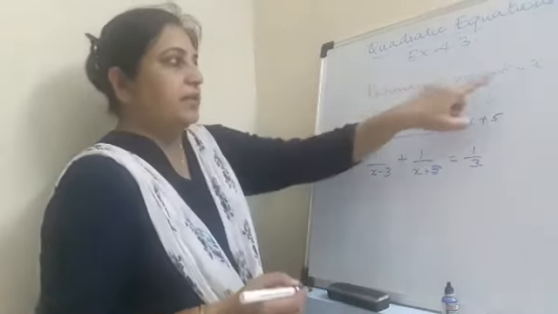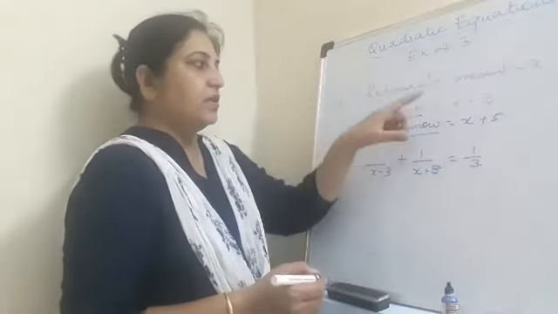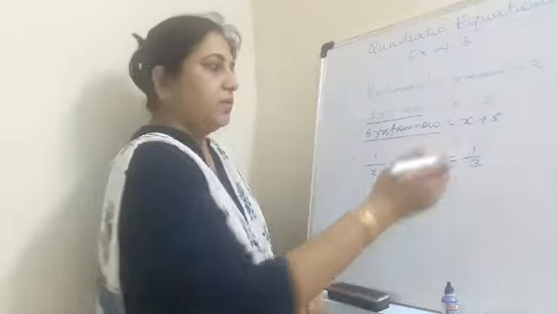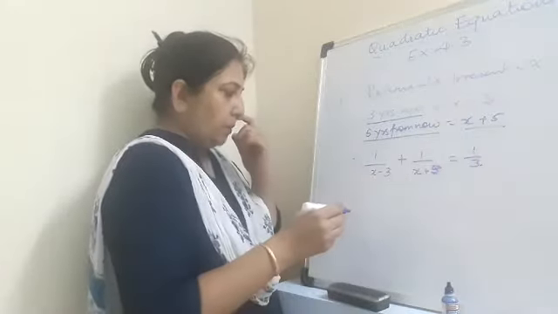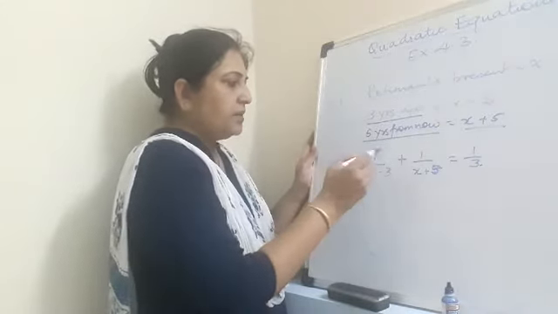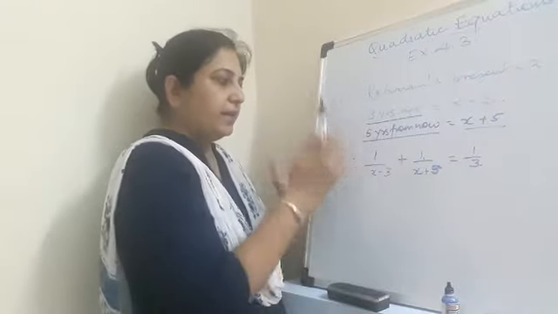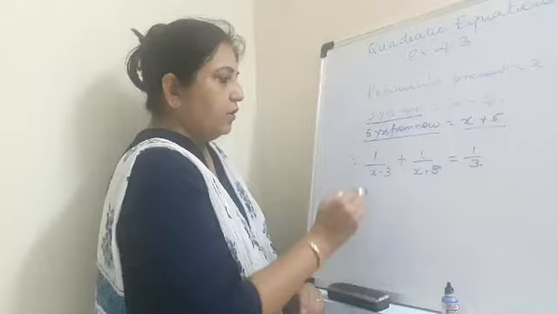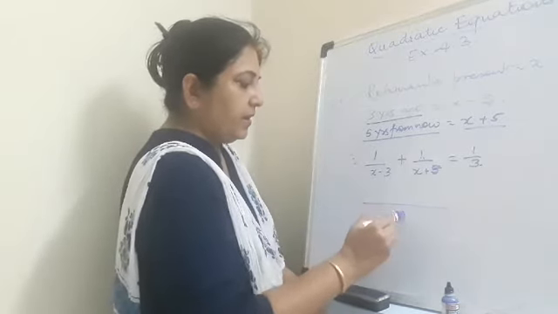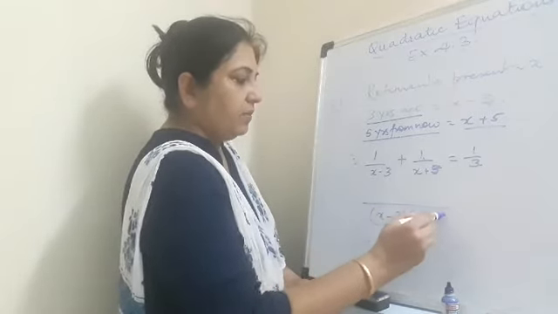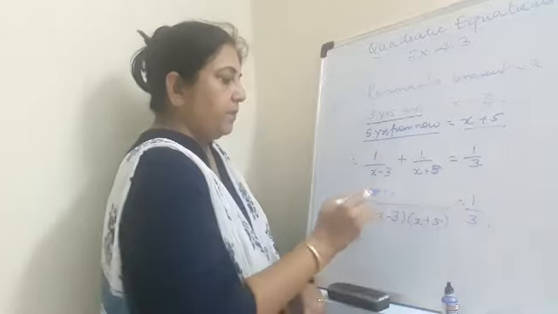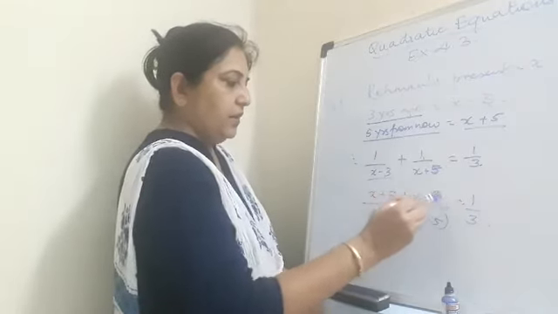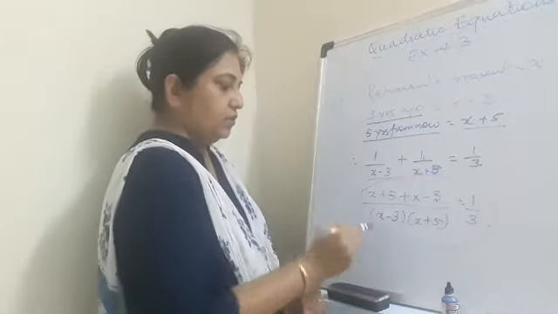This is Rahman's present age. 3 years ago his age was x minus 3. 5 years from now, that is in future, his age will be x plus 5. And then, you know, the reciprocal of these ages, add them, and that equation is equal to 1 by 3. Now you will find the LCM, x minus 3, x plus 5, and that will give you 1 by 3 here. Here you will get x plus 5, here you will get x minus 3, and then you will continue solving this.